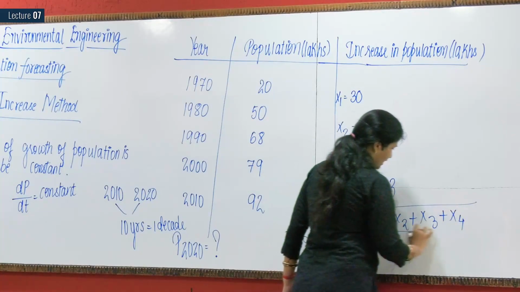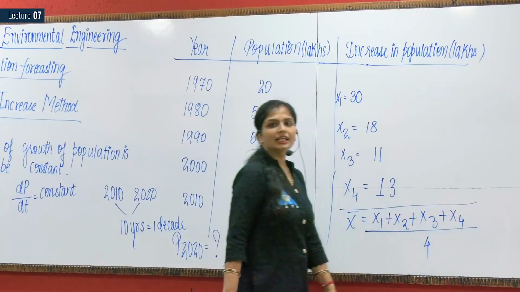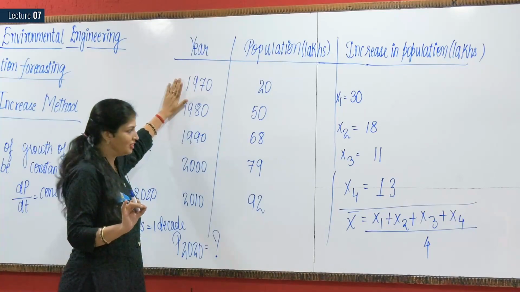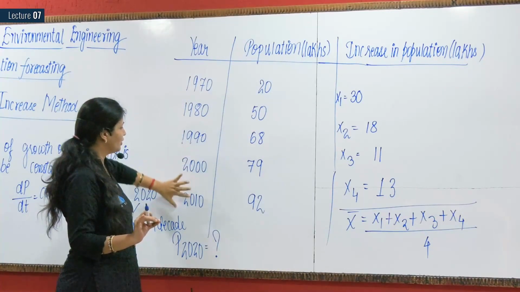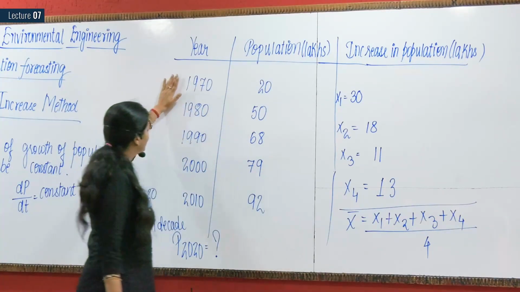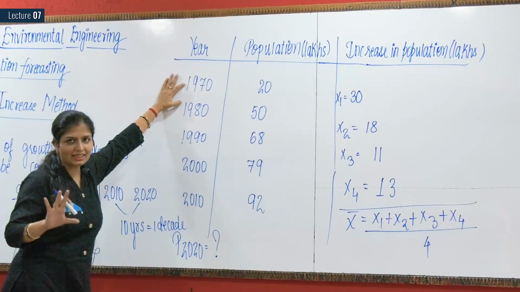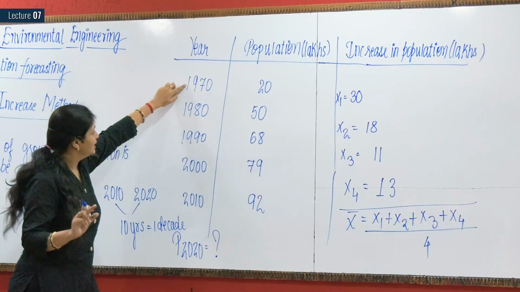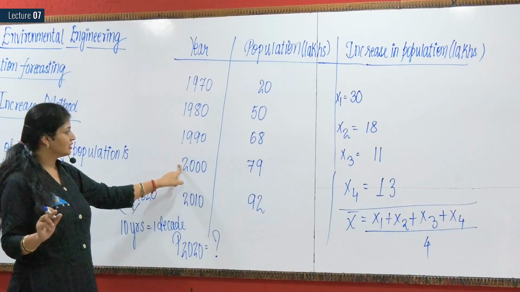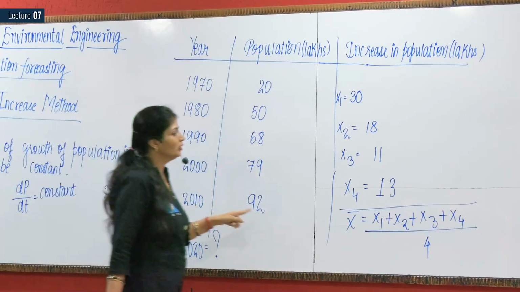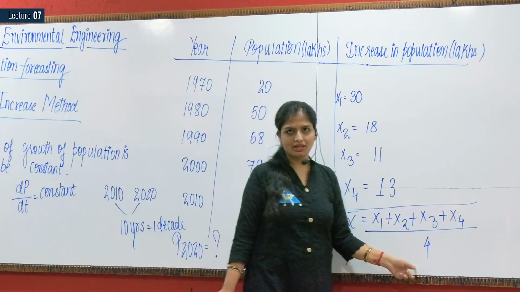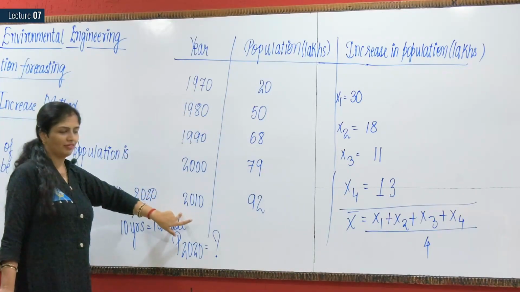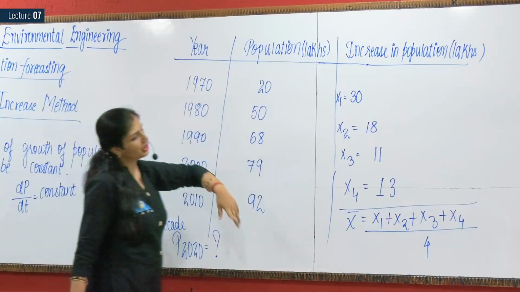and we'll divide it by 4, because the number of decades here is 1, 2, 3, 4, 5. Sorry, there is basically an interval of 10 years. That means 1 decade, this 1 decade, this 2 decade, this 3 decade, this 4 decade. So what you will do? You will divide it by 4. Right? You never ever make the mistake of counting 1, 2, 3, 4, 5. You have been given the data of 5, so you divide it by 5.